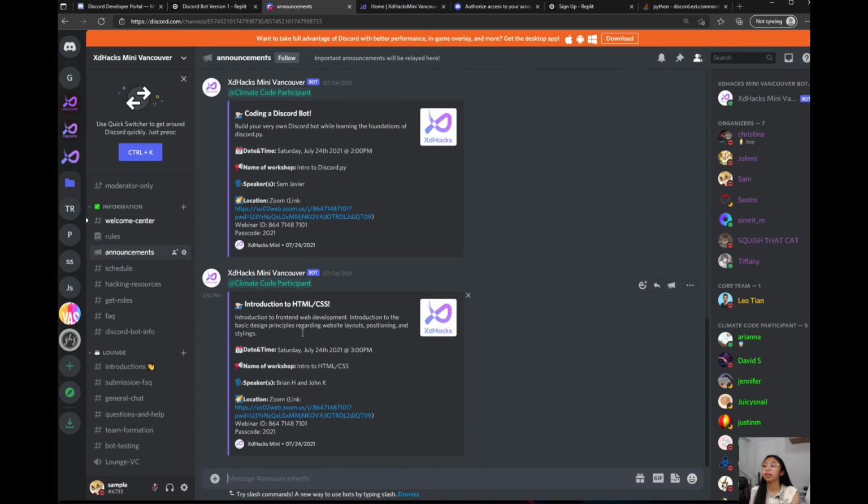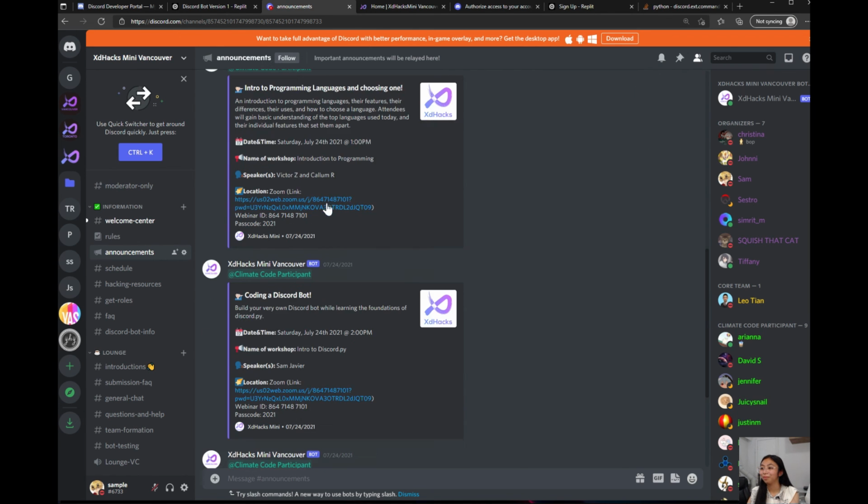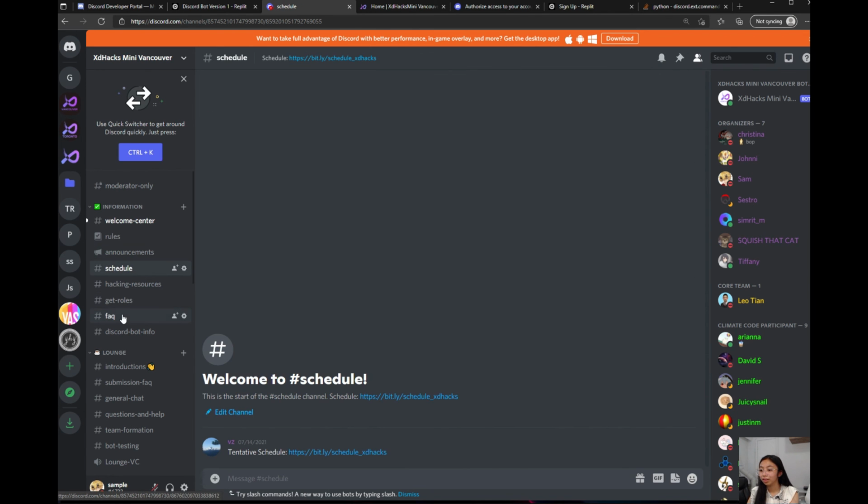So now I'm just going to show you a quick explanation of our official bot and what it looks like. You can see here, it says Climate Code participant, and there's a new bot. This is set so that during a certain time, a certain message will be sent. And you can see here, this is my workshop. And then we also have, let's see,